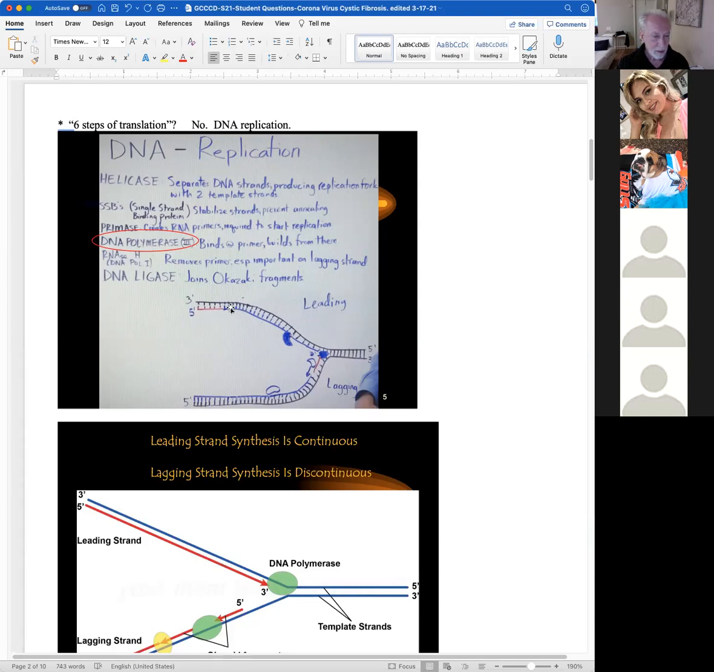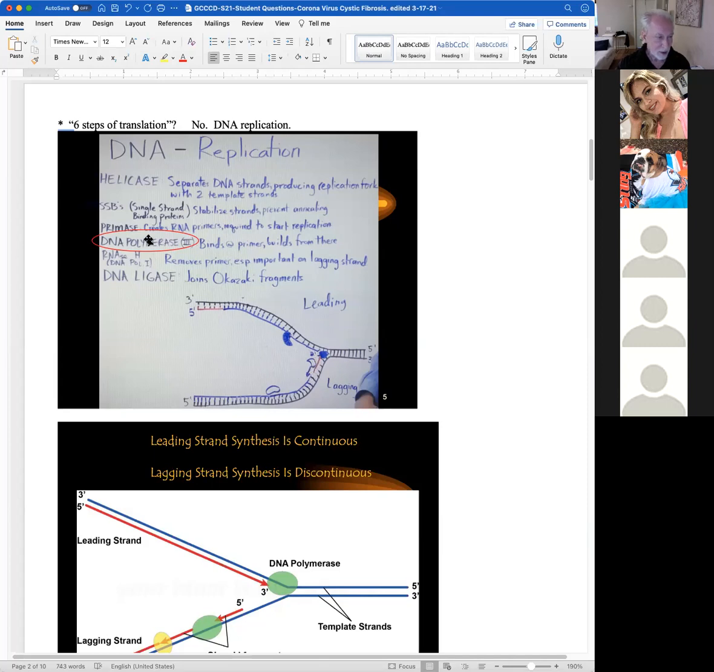So while the leading strand is getting replicated in one continuous motion, the lagging strand is doing it in steps. As the helicase opens up the double-stranded DNA, so it's single-stranded, primase lays down a series of primers, a short distance from each other. And once the primer is there,